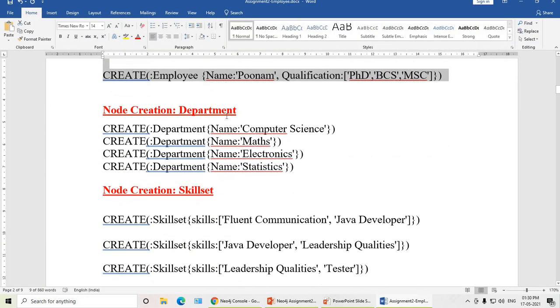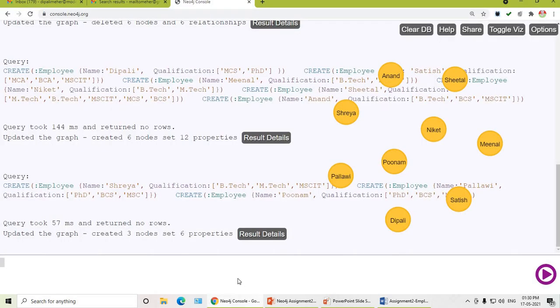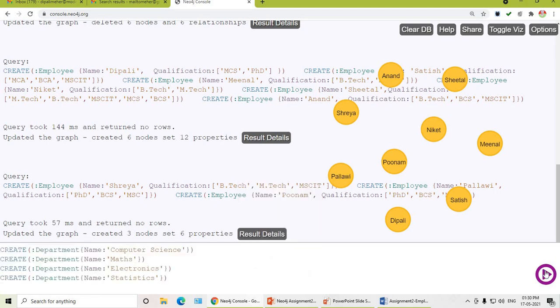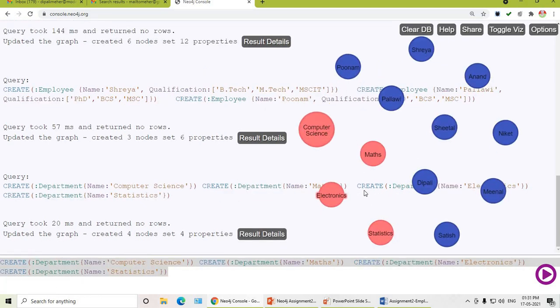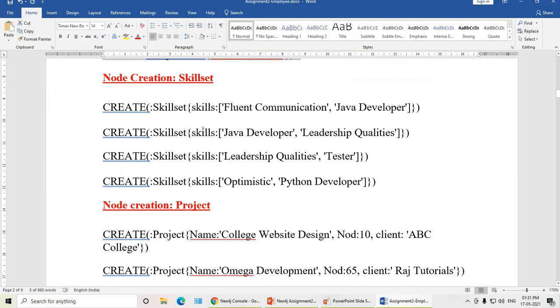Next, node creation for different departments: computer science, maths, electronics and statistics. So let us create the different departments. You can see departments in pink color. Now what are the different skill sets? It is a list of skills acquired by that employee.